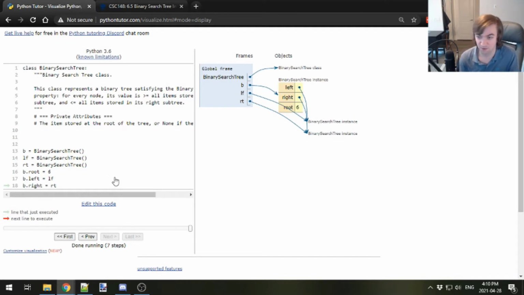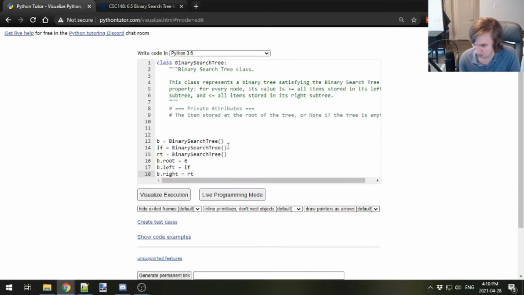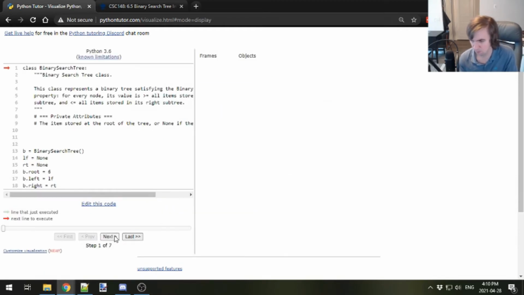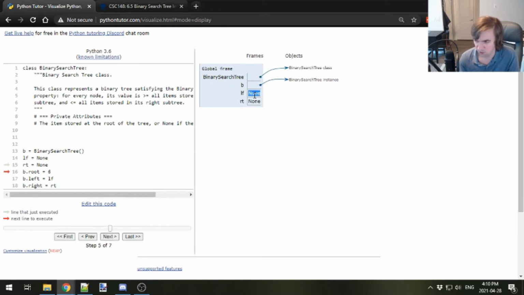Here is how this is different from putting none in these spots. Instead of having these be binary search trees, what happens if I do this? None and none. So note these are represented specifically with the value none. They don't have binary search tree instances. And so when I set up my binary search tree at the root of 6 and I say left is LF, it puts specifically none in here, and right also none. This is not the same thing as what I did before, where I had empty trees on the left side